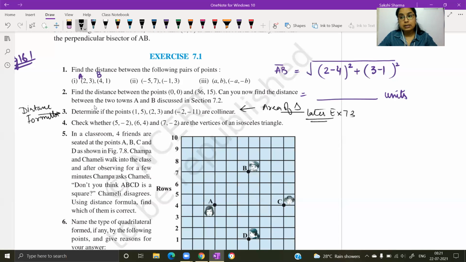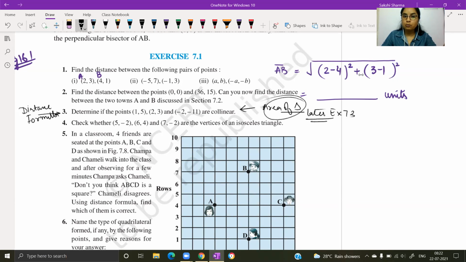You have to find out the area. In case the points are collinear, we wouldn't know that without plotting. So there are two ways you can verify if the points given to you are collinear. One is the distance formula, which I discussed yesterday. Find the distance between the points in pairs, taking two at a time, and see if any two distances add up to make the third distance. That's one way of doing it. The second option is to find the area of the triangle, if there is any, formed by these points.